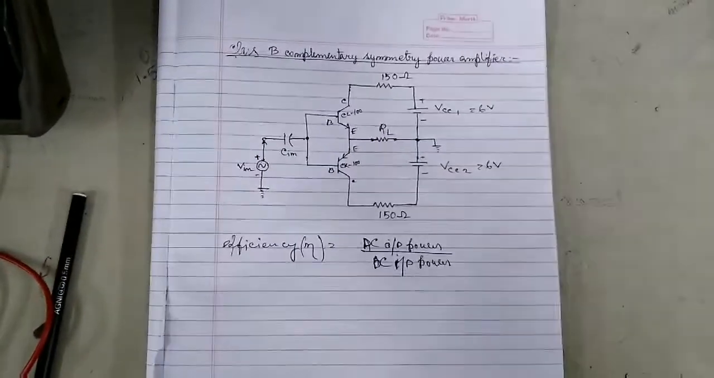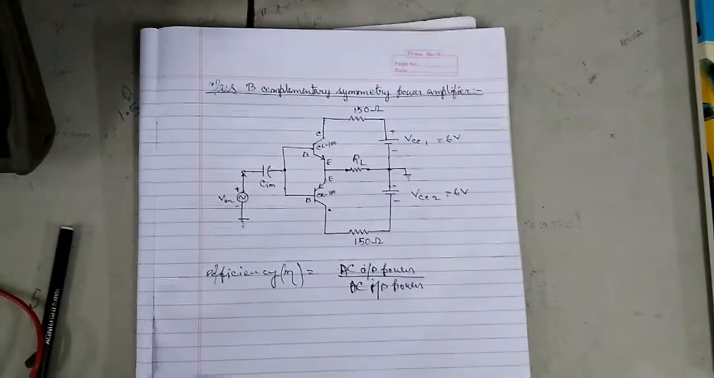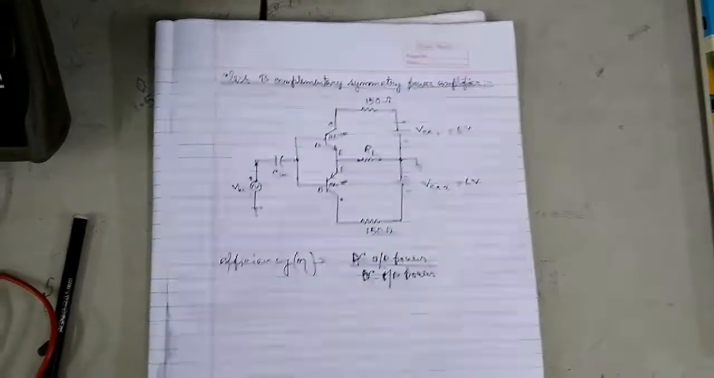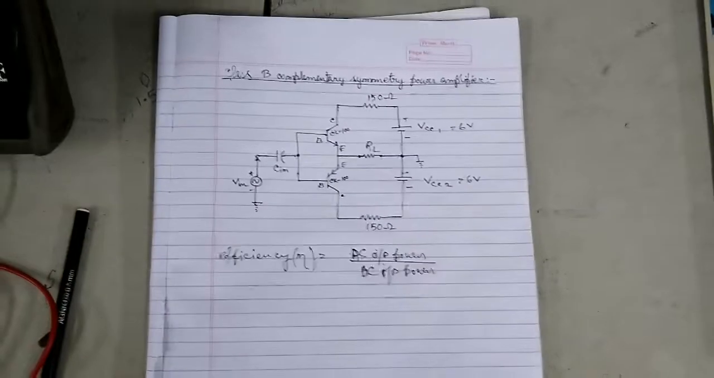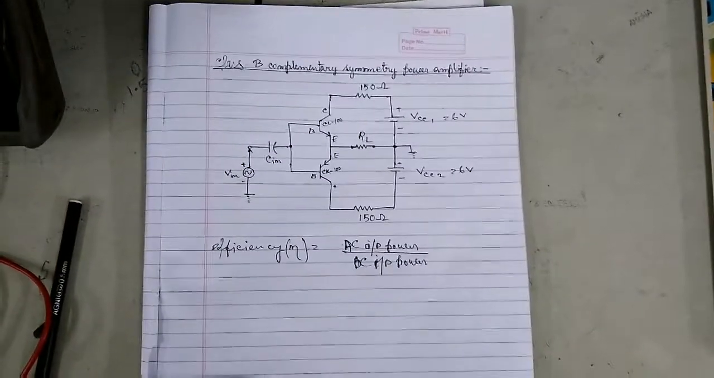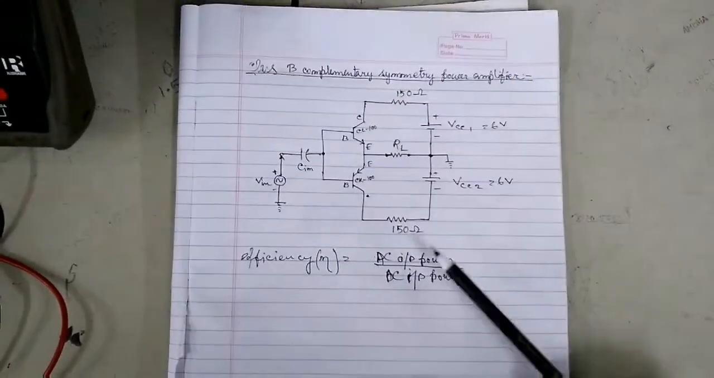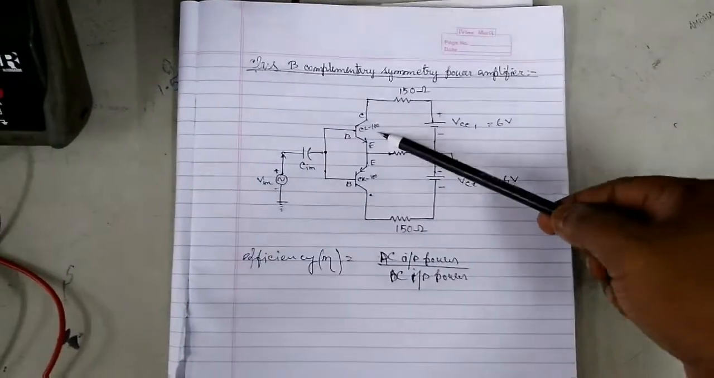Hello students, this is the second part of the amplifier. This is the class B complementary symmetry amplifier. The efficiency of the amplifier is near about 78%. It's a power amplifier, a large signal amplifier. And complementary symmetry means two